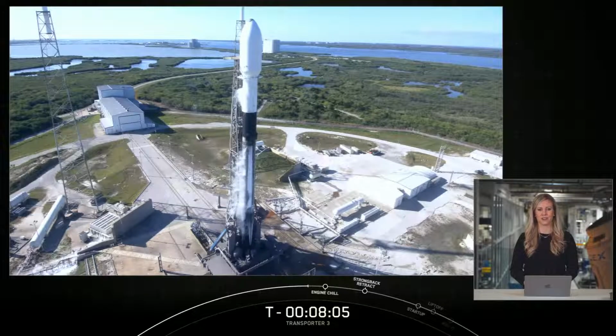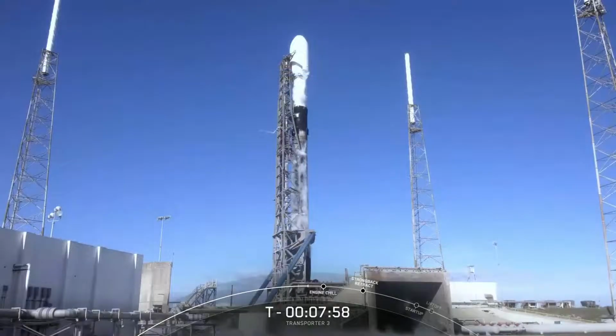With liftoff in just over 8 minutes from now, let's take a look to get acquainted with the rocket on your screen. Our two-stage launch vehicle stands about 70 meters tall when fully fueled. It'll hold just over 1 million pounds of propellant that the vehicle will burn through in less than 3 minutes after liftoff. The first stage, which is the bottom 2/3 of the vehicle, you can see it there on your screen,